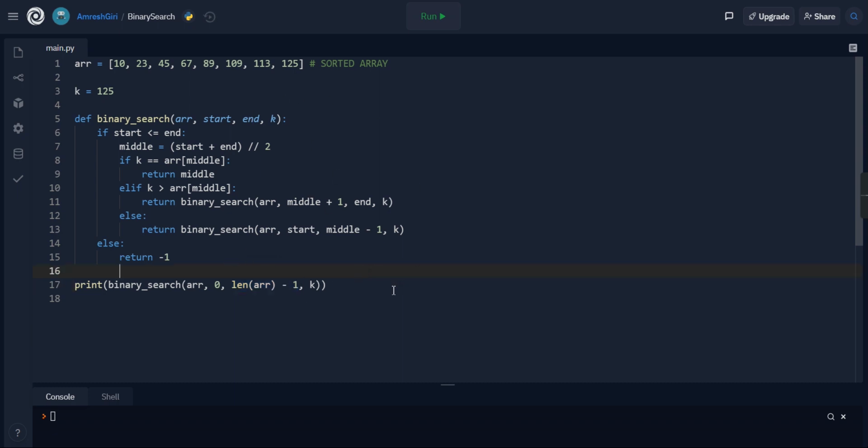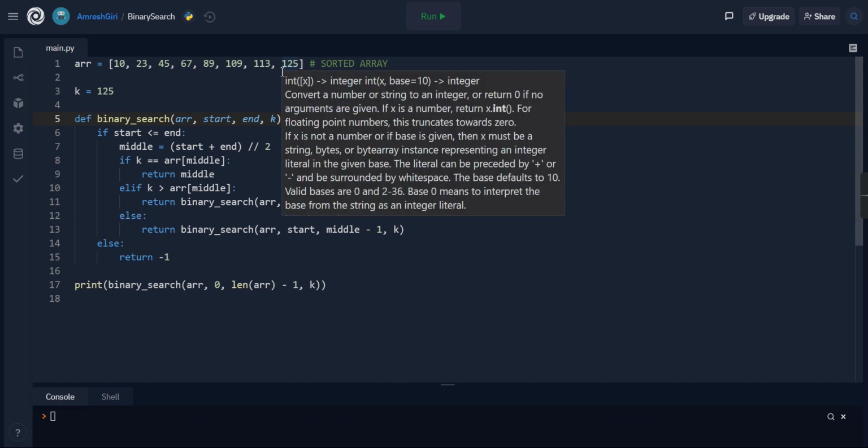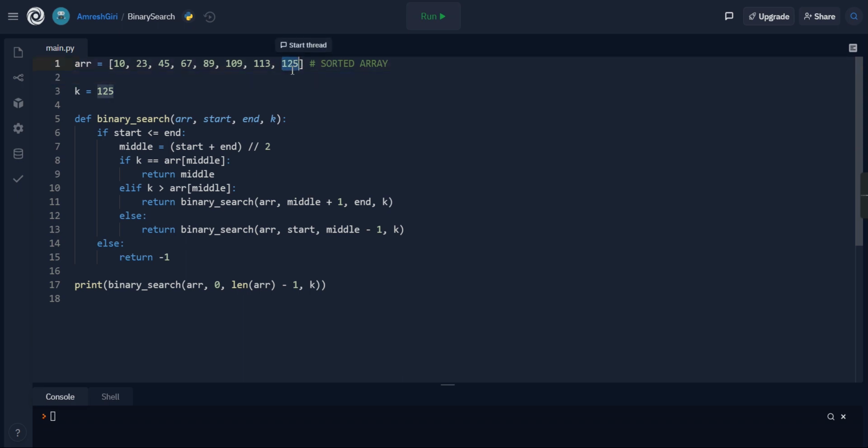So if I call the function right now, I should get the index of 125, which is present there, right? So what should be the answer? 0 1 2 3 4 5 6 7. So our element is present at the 7th index. So if I run the program, I should get 7.